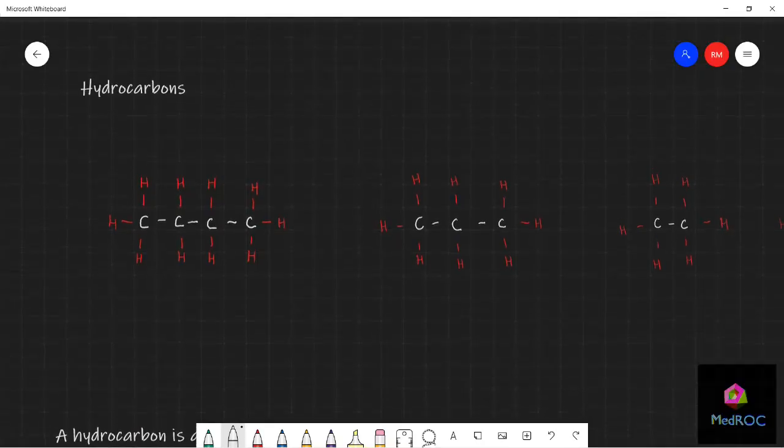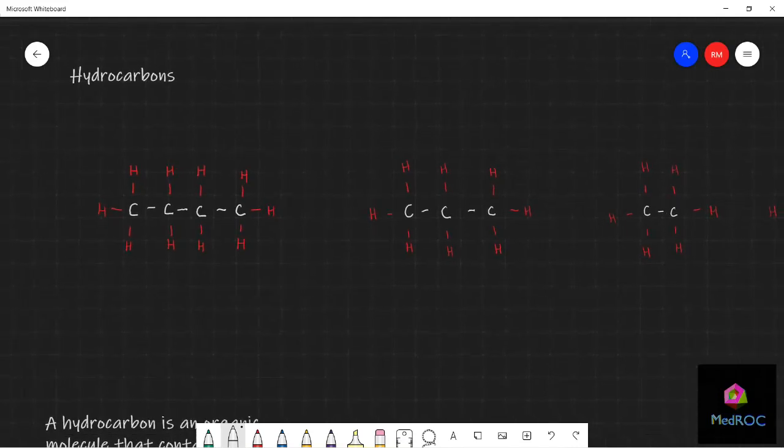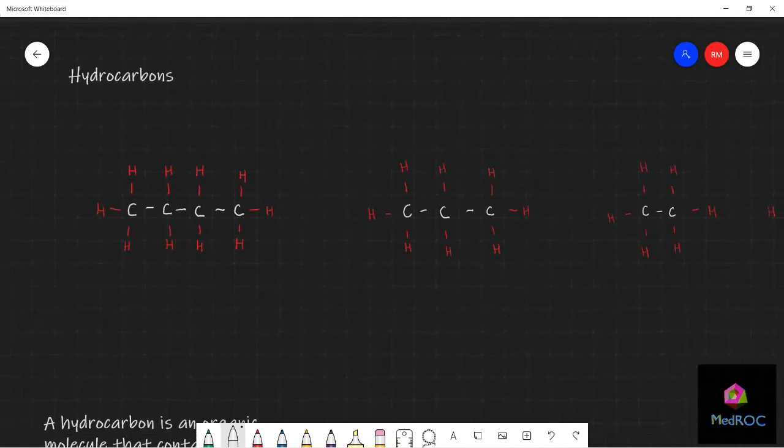So in this first video regarding the MedROC A-level organic chemistry playlist, we're just going to be focusing on the introduction to hydrocarbons, which understanding will be a major step in understanding the main features of chemistry. So we're just going to look at this organic molecule here, this organic compound, and the